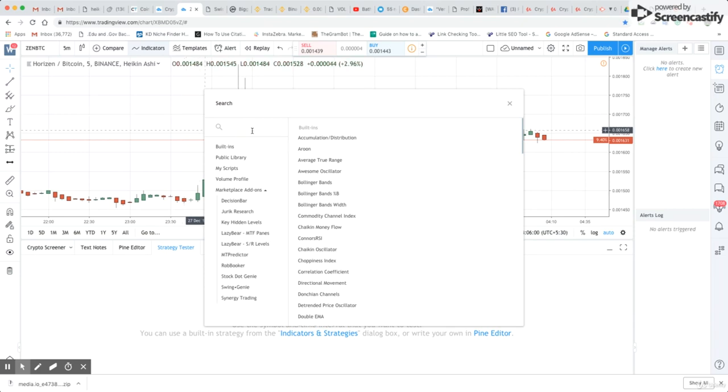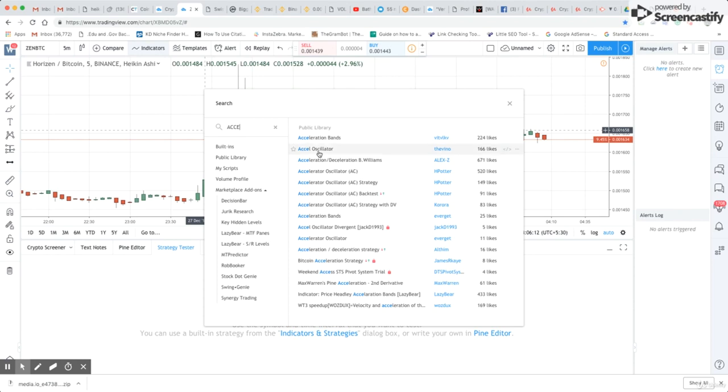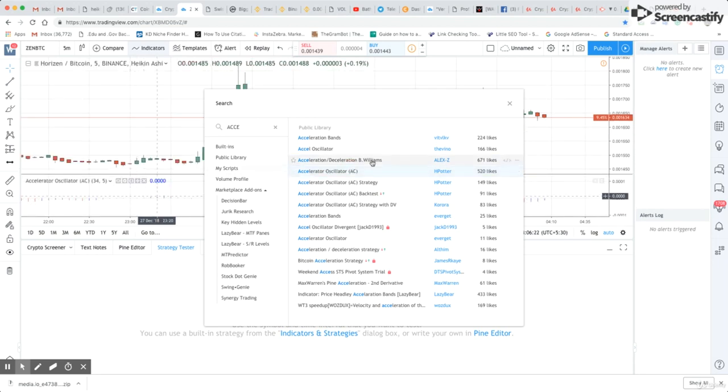So the first indicator here is accelerator. This is accelerator oscillator. This is the first indicator that we are going to use. Just click on this, so it will be applied to a chart. Okay, so as you can see here, it is applied already. Now we can